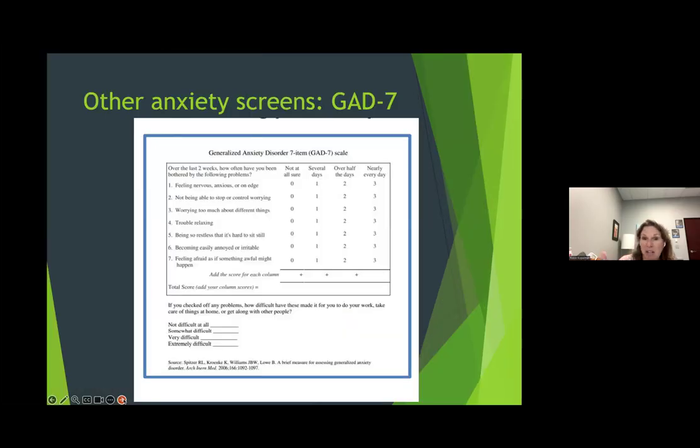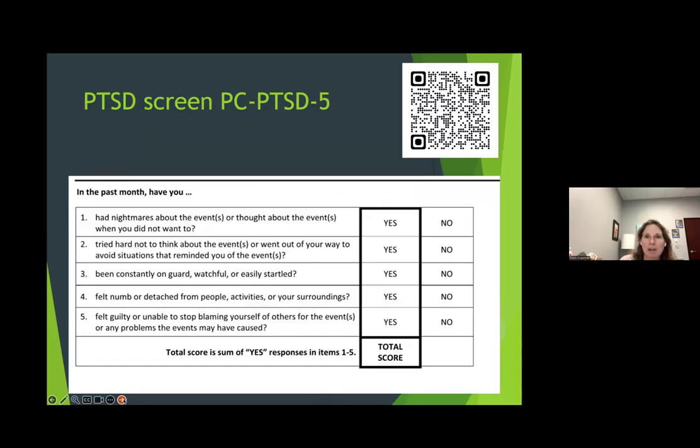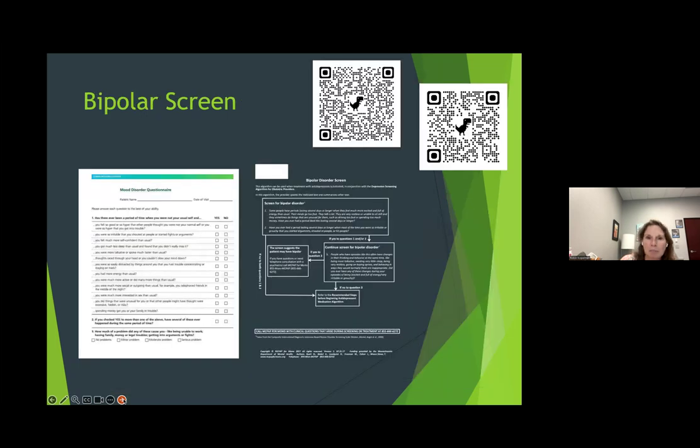Other screens, and I'm going to click through, but basically the GAD-7, if you're using that, a lot of people are. If they're using either the PHQ-9 or the EPDS, they may combine those. There is a nice PTSD screen available that you could use that's recommended by ACOG, for example. There is a bipolar screen, the MDQ, the Mood Disorder Questionnaire. I apologize, this bipolar disorder screen that is just some questions from MCPAP doesn't show up super well, but you can click to that link if you wanted to do something shorter than a formal screen. The MDQ, I'm just going to tell you, you will pick up a ton of anxiety. So it may look positive, but I will say that that does not necessarily mean the woman is bipolar.